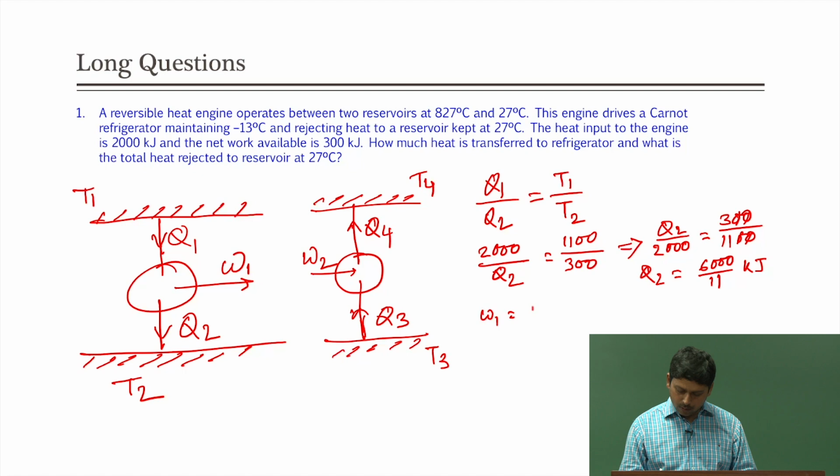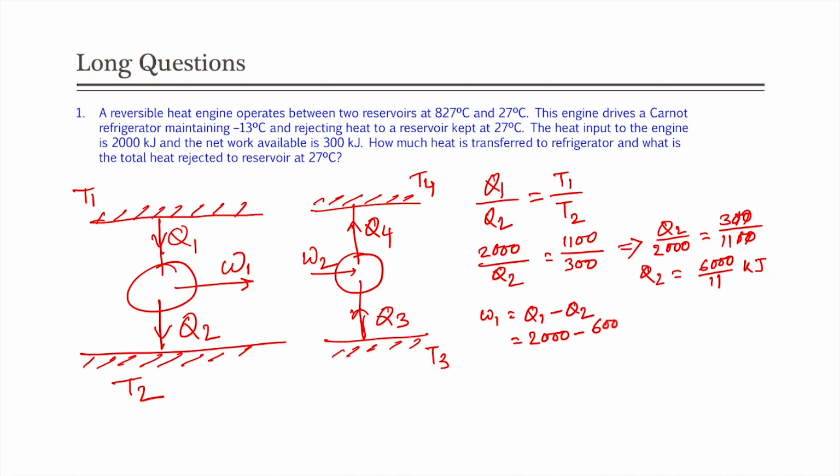So, W1 is Q1 minus Q2 which is 2000 minus 6000 divided by 11, which is 22,000 minus 6,000, that is 16,000 divided by 11. So, we know the W1 and we know the difference between W1 and W2 as 300